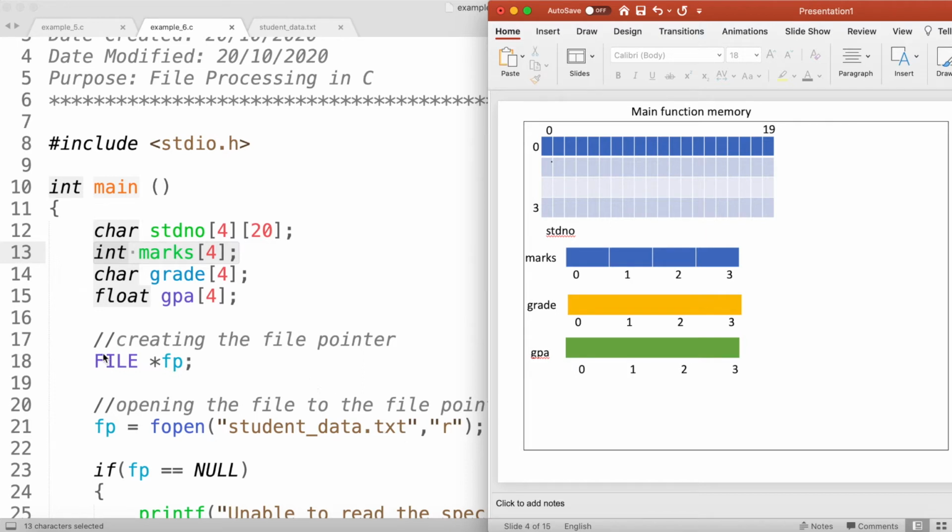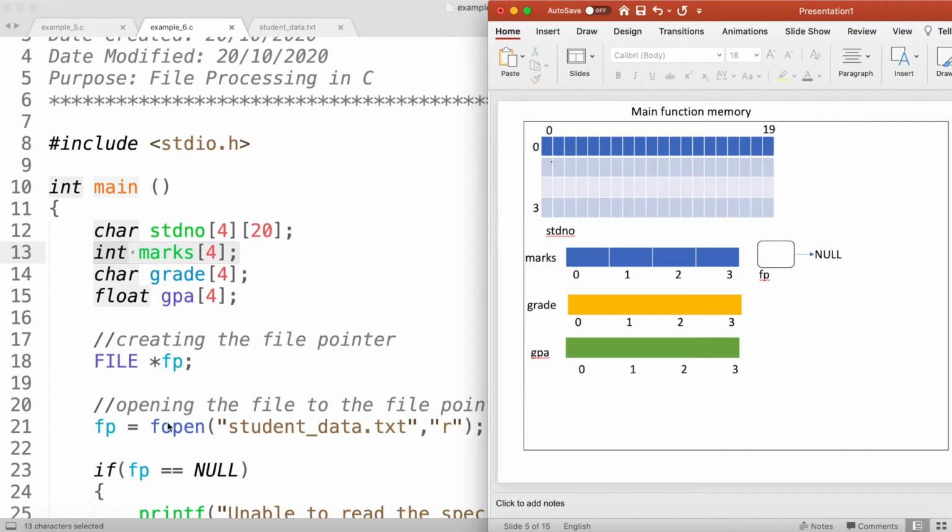After execution of this statement, I will have a file pointer, but initially FP is not pointing anywhere, so it is the null file pointer.